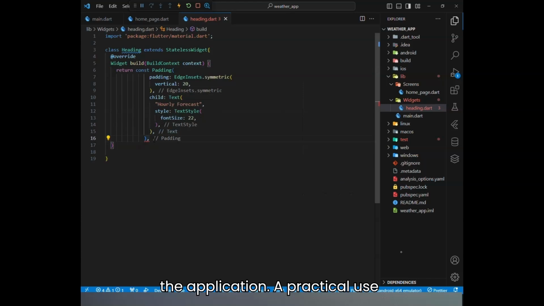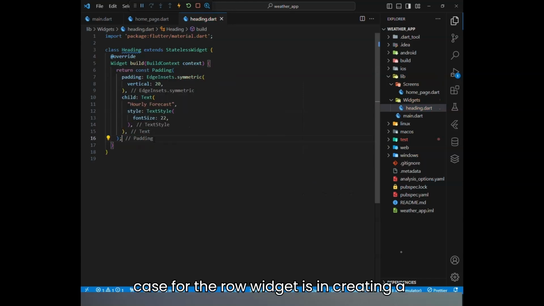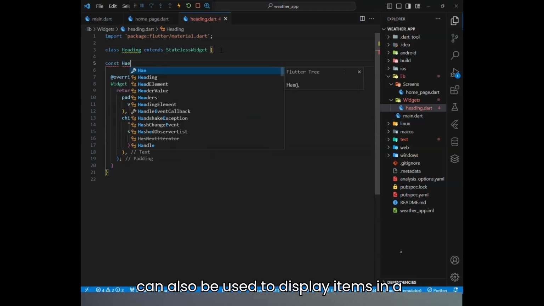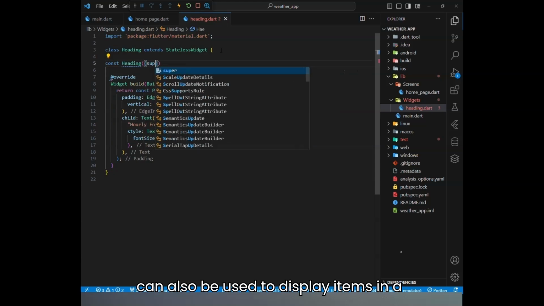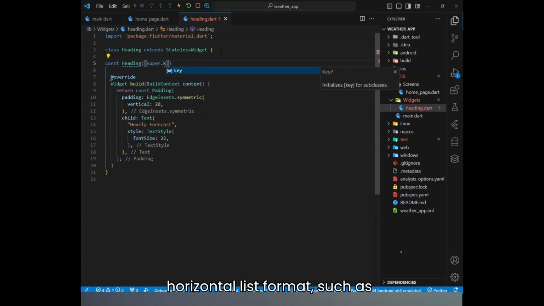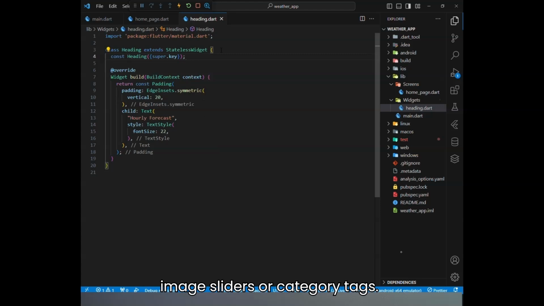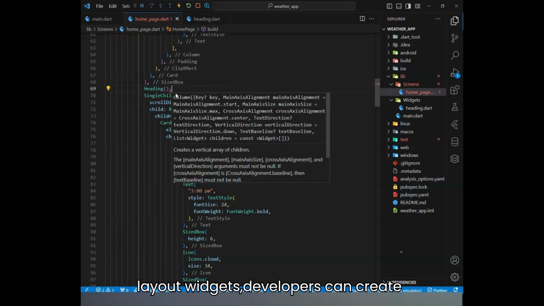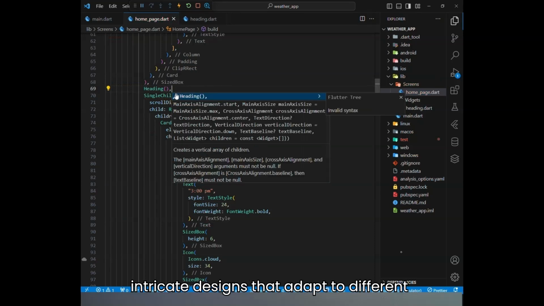A practical use case for the row widget is in creating a navigation bar or a toolbar where items need to be laid out horizontally. It can also be used to display items in a horizontal list format, such as image sliders or category tags. By nesting row widgets within other layout widgets, developers can create intricate designs that adapt to different screen sizes and